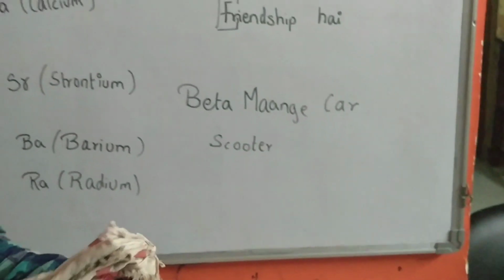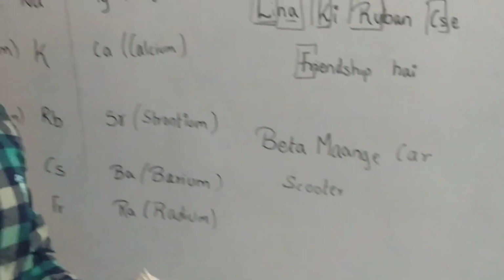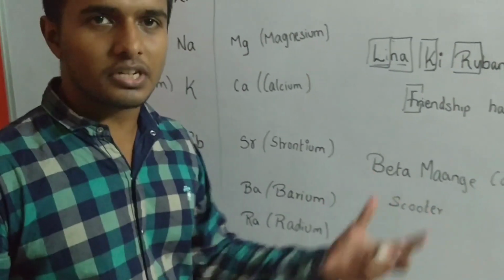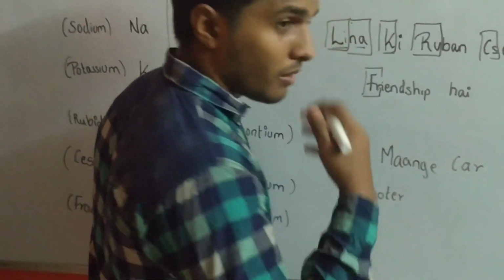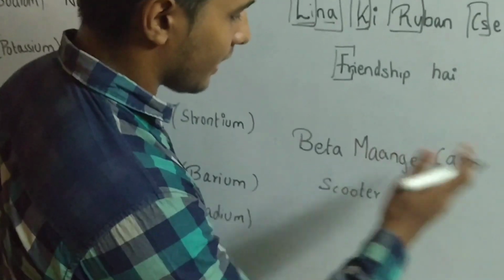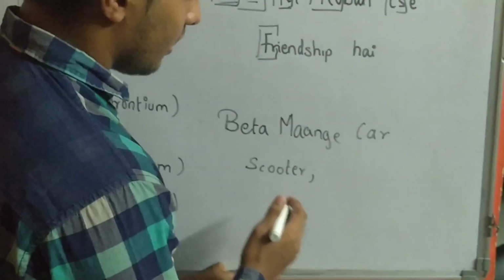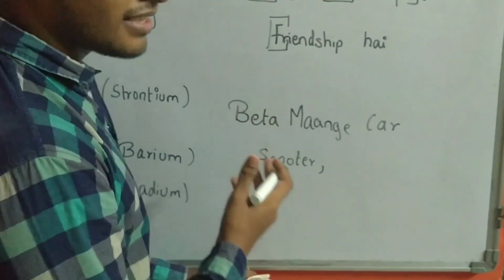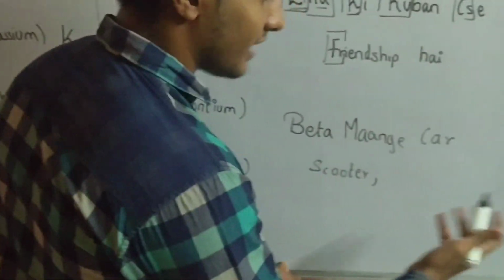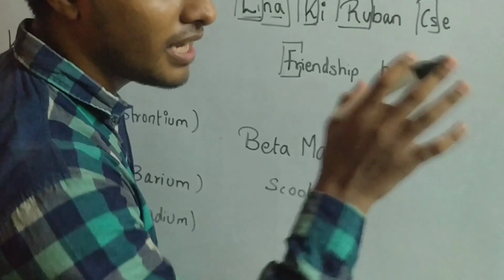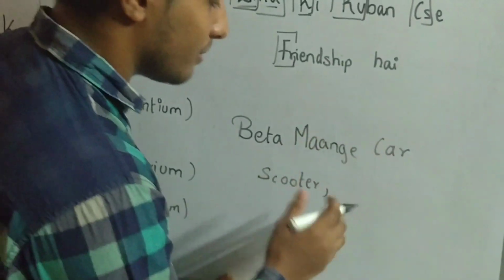Mange, which means he is wishing or wanting a car and scooter for his luxuriousness from his dad. So "Beta mange car scooter" is one phrase or sentence given by the beta, that is the son, to its dad. We can synchronize this with the direct and indirect speech of English itself. Let's move on to chemistry again.